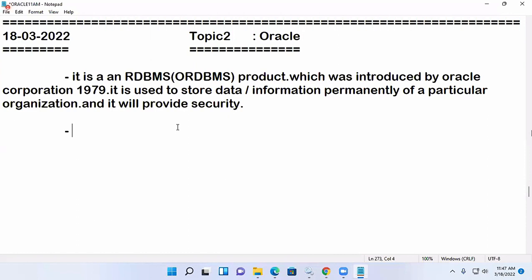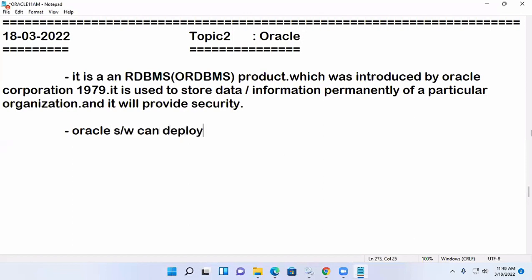Okay, so this is what happens when I'm sending some data. Before that, what I said: if you want to store your information and give it security, first of all, we need to deploy our software. So how can we deploy here? For deployment purposes, what kind of platform do we need to use? Here I want to say Oracle software